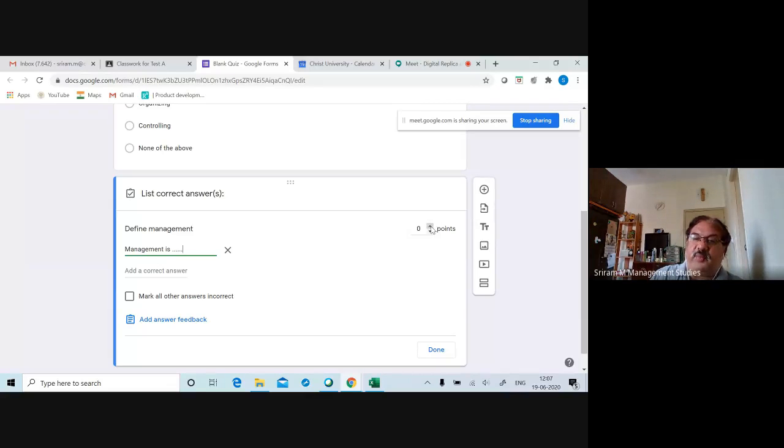Then again, you can give the points 1, 2, whatever you wish, and just tick this, which means if they give exactly that answer. This is an indication I'm giving, but sometimes you will have a one word answer, like for example, planning is a function of management, is it right or not? So like that you can give it. If you tick this particular thing, only whatever you have given will be taken as the correct answer.